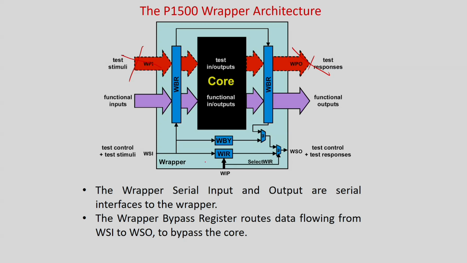In this case, as I told you, this is the bypass register. The reason for the serial input and serial output is that it is mandatory: even if the parallel interface is not there, the serial interface must be there. So you can apply the test pattern and observe the test pattern. Along with that, the instruction I am going to give is also in a serial manner. As I told you, parallel access may not be given to you. Therefore by the standard they have called it WIR, where the instructions are given in a serial mode.